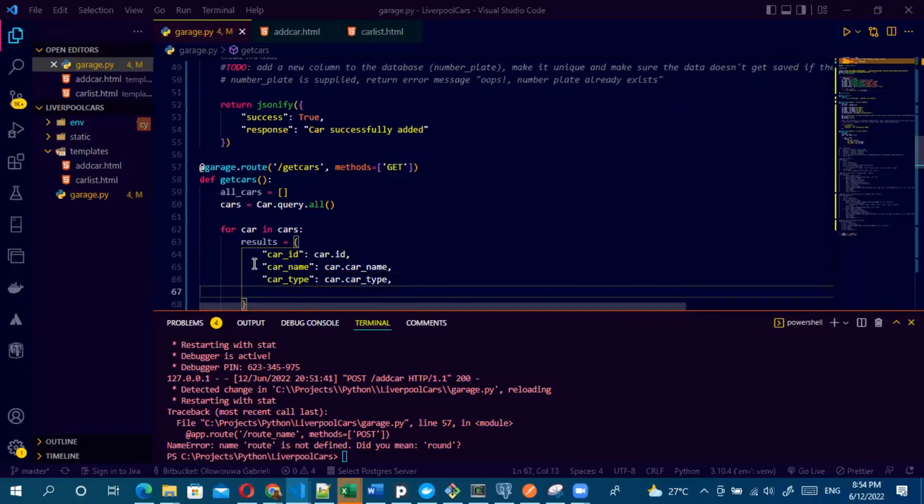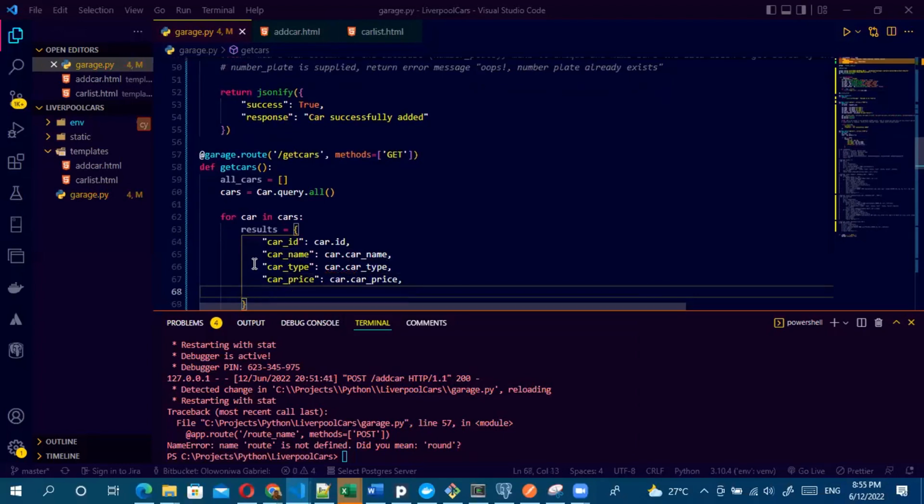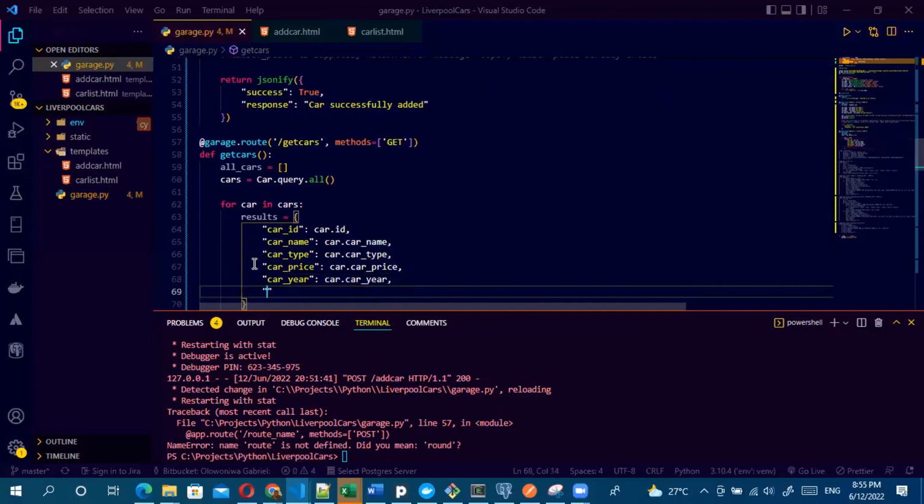Then we have car_type, so car.car_type. Then we have car_price, so car.car_price. What else is remaining? Car year, okay. car_year, so car.car_year. Then lastly we have car_description. So that would be